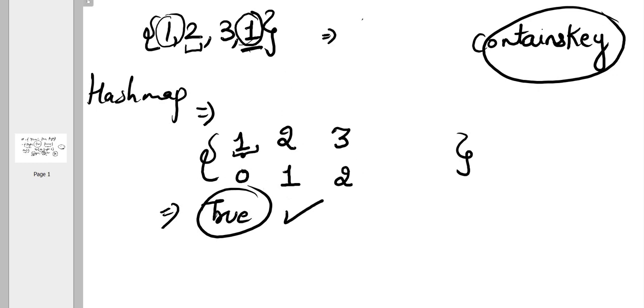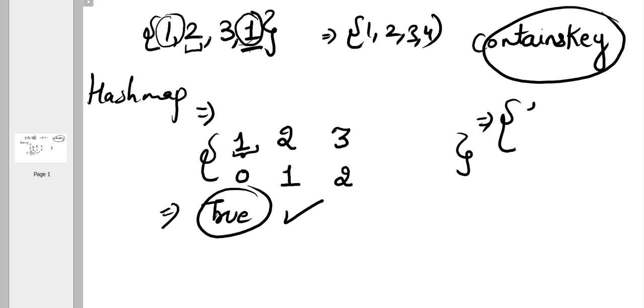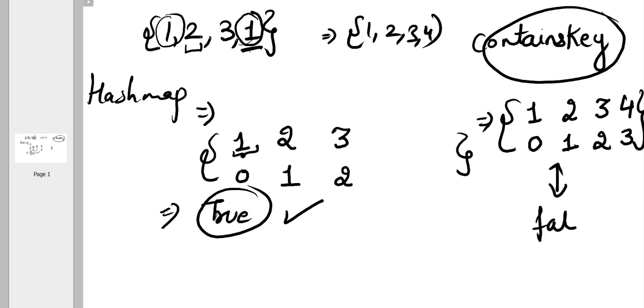For example, in another array, we have elements 1, 2, 3, 4. So whenever you are saving the elements in the hash map, it would be 1 and index 0, 2, index 1, 3, index 2, 4, index 3. Correct? So whenever you are checking that key is existing in the hash map, key is not there. So you have put all the elements till the last element and you found that there is no duplicate. So you can return false.